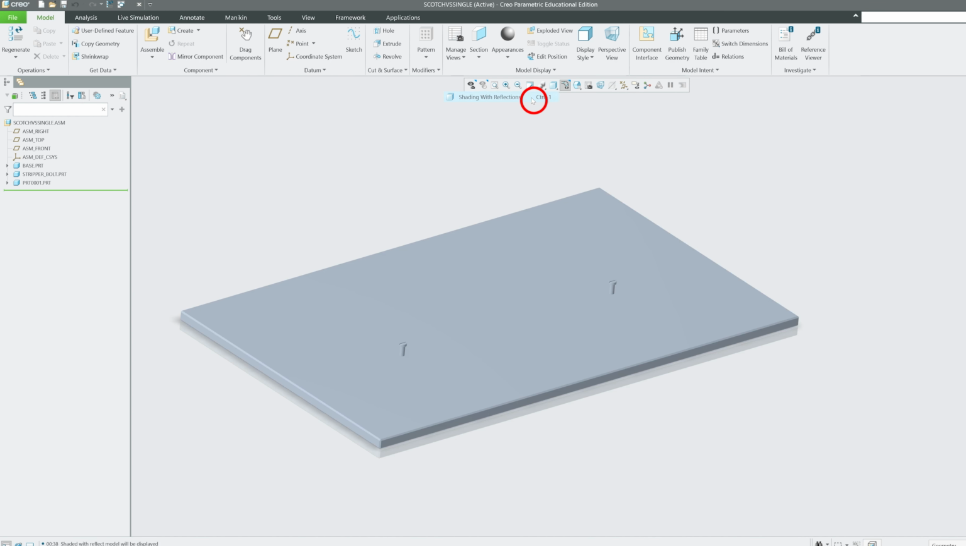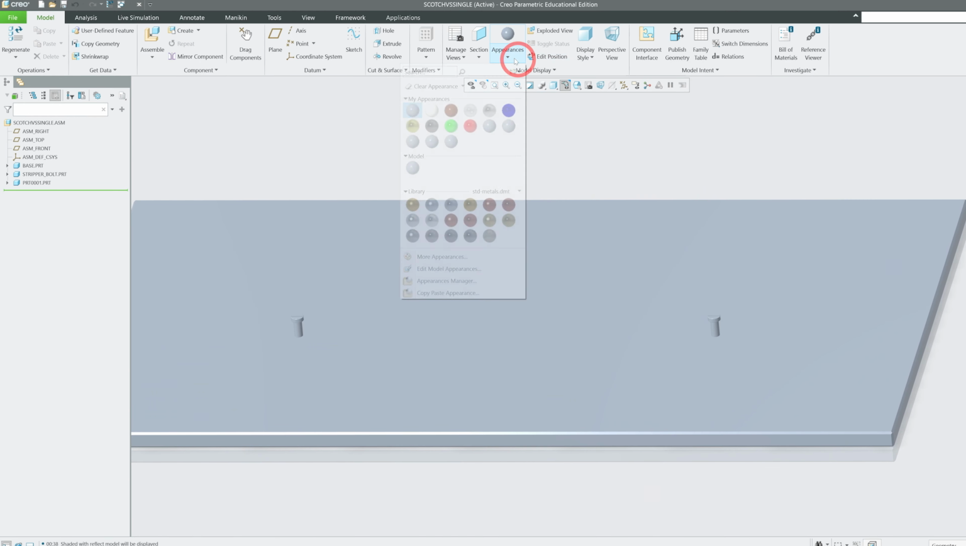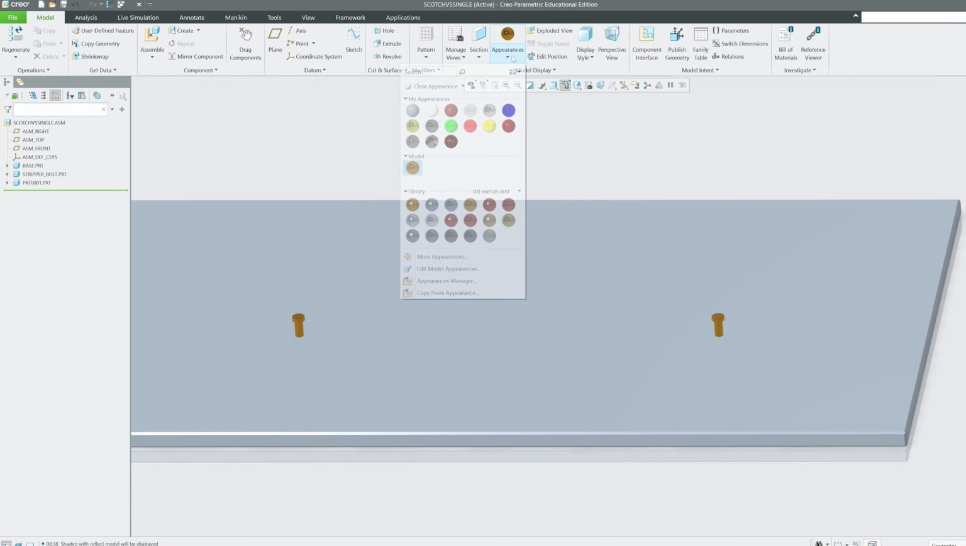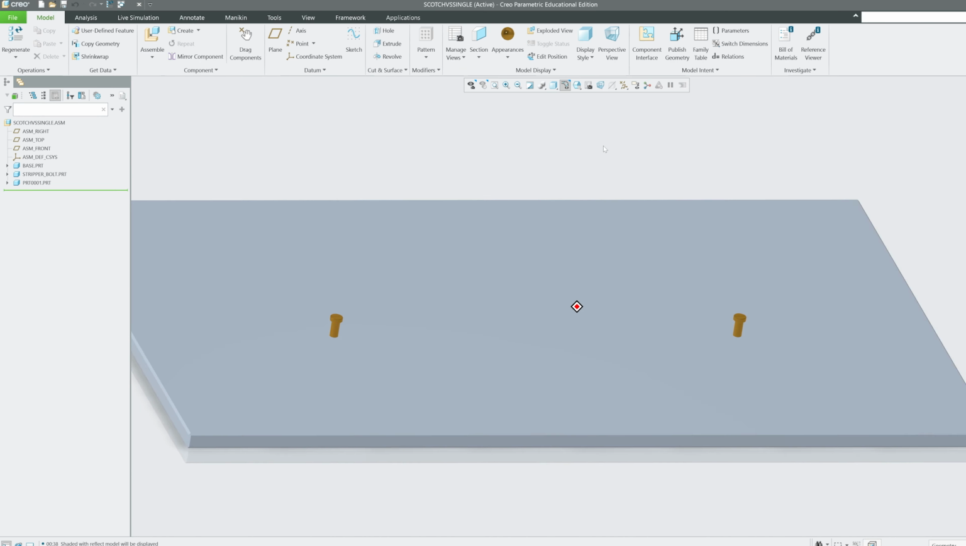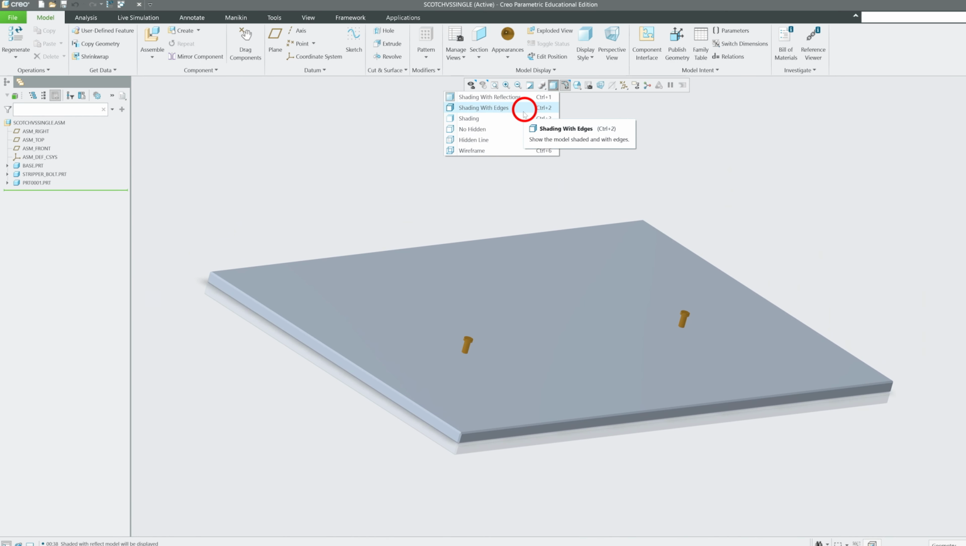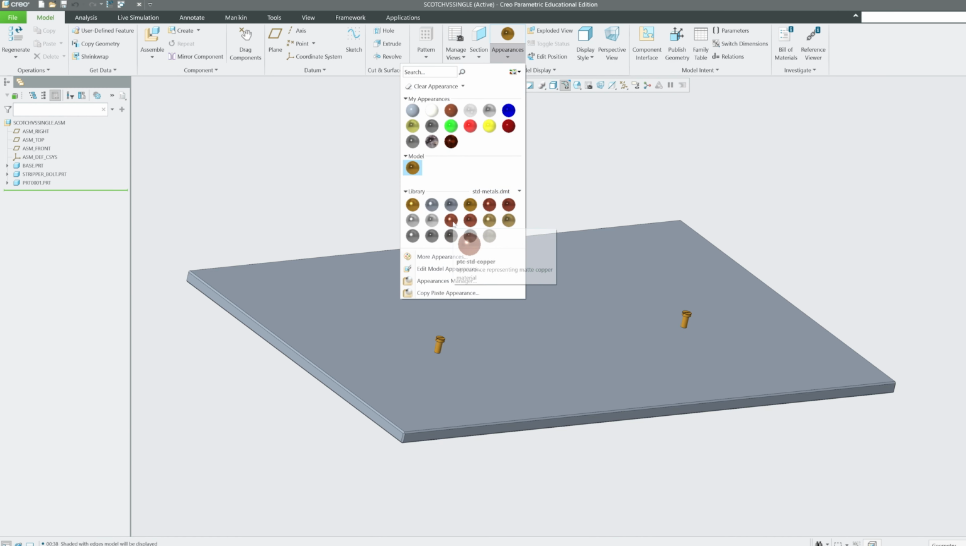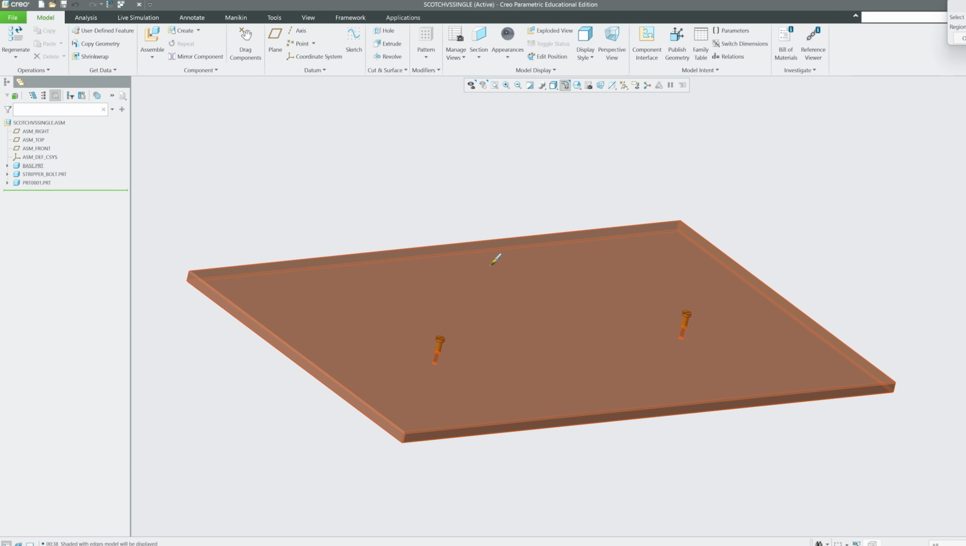And let's also try to change the color here. Let's make these bolts a little bit brown or bronze. I don't know which color it is. Yeah, it's brass actually. Now let's again go back to shading with edges, and maybe I can also make this